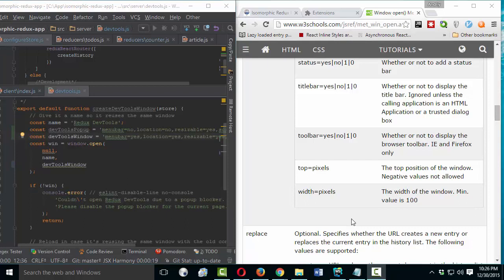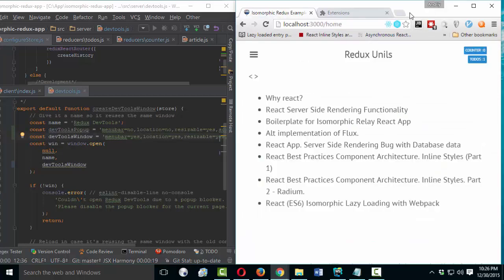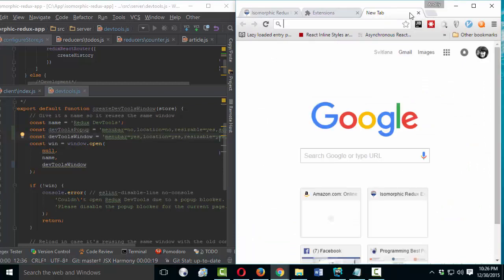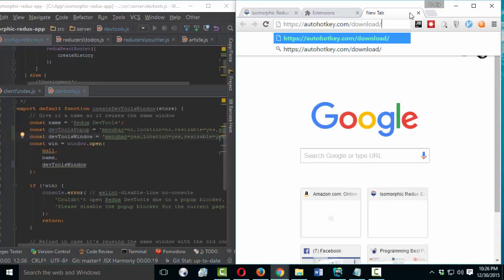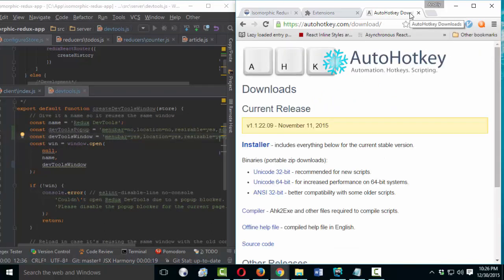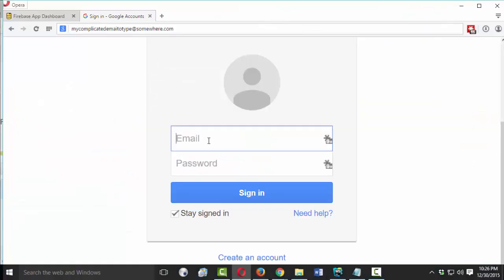So today I hope I encouraged you to use Redux DevTools to improve your workflow, and I would also recommend using AutoHotkey, and I have a shortcut from AutoHotkey. You can see how fast it is, and it can make your coding much easier. You don't need to type a lot of strings. For example, you know how painful it can be to type your email, especially if it's too long. So I have a shortcut, for example, EML. And this is my really long email example.